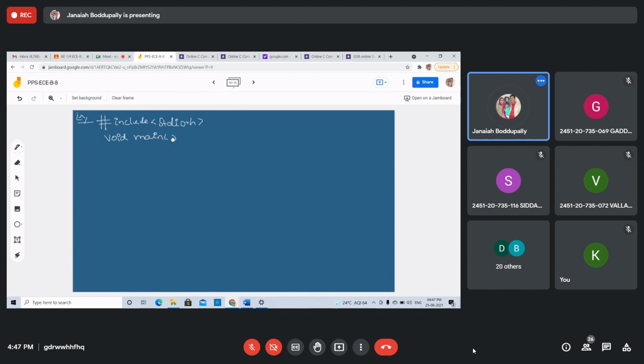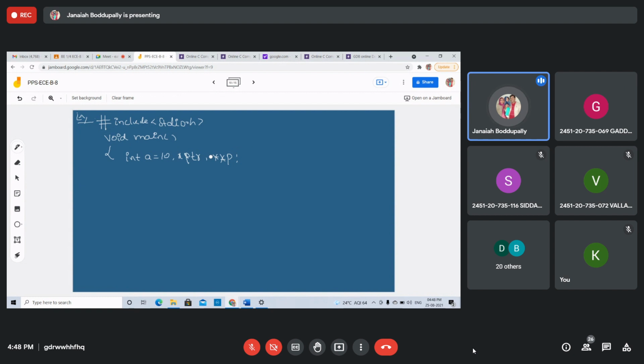Declaring int a equals 10 and star ptr is a pointer variable. P is the pointer to pointer. So ptr is the pointer variable which points to the variable a. P is the pointer variable to point to the pointer variable ptr. Getting or not, students?